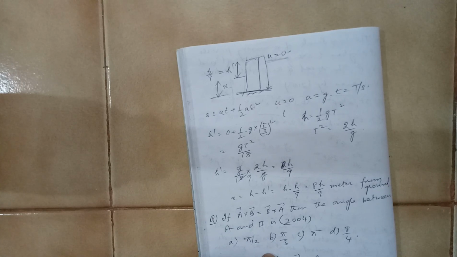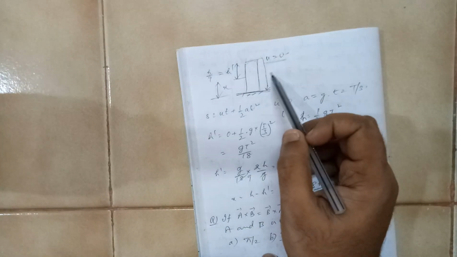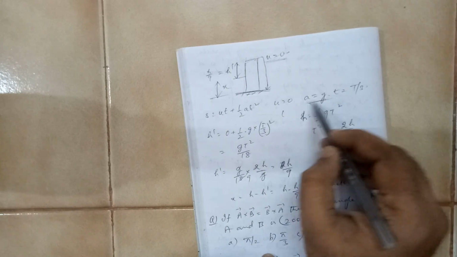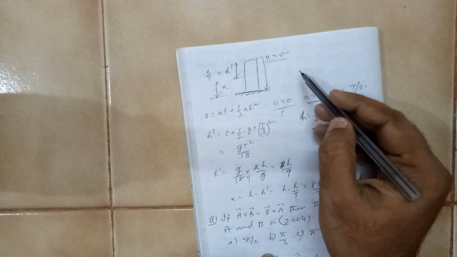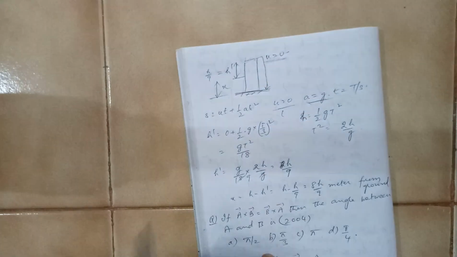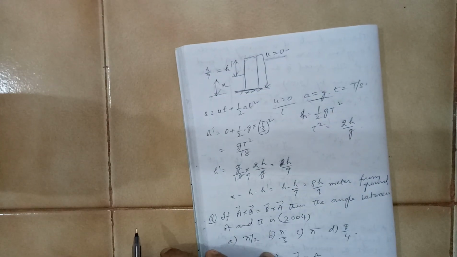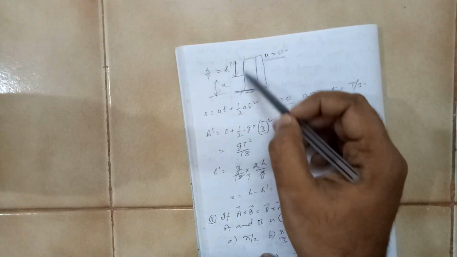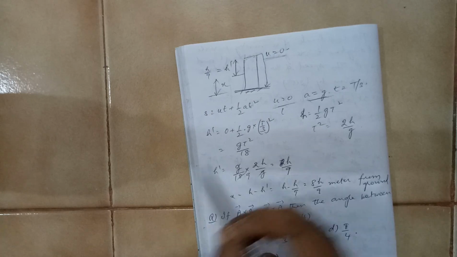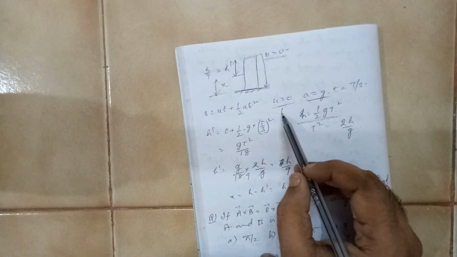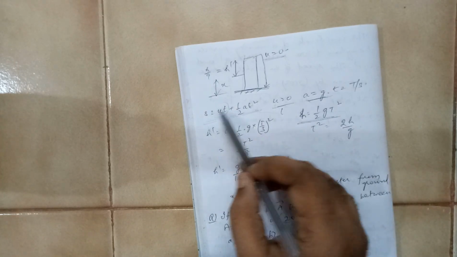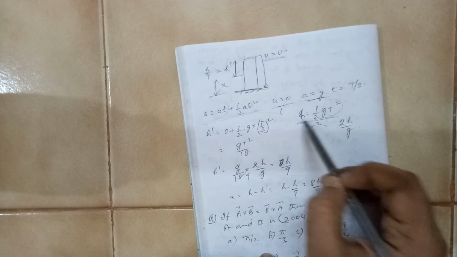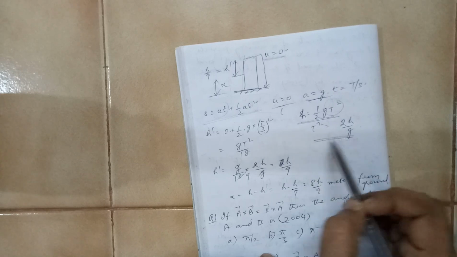So think about which equations we can use. u is equal to 0, a is equal to g here, and let us take the total time it takes to reach the ground. It will take some time, let us say 10 seconds, 12 seconds. Let us say it is the total time, the time in which it will travel the whole distance. So there you will get one equation. s is equal to ut plus half at square. u is equal to 0. But when you take the total time, you get h. So you are getting an equation for t square here.